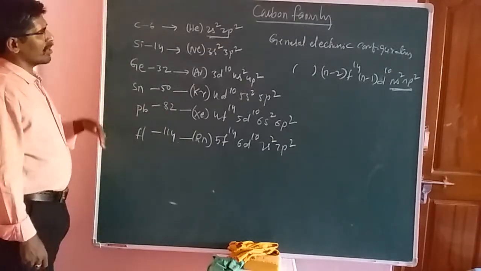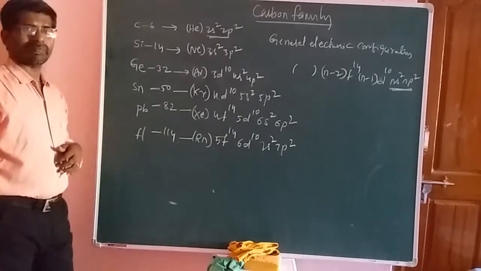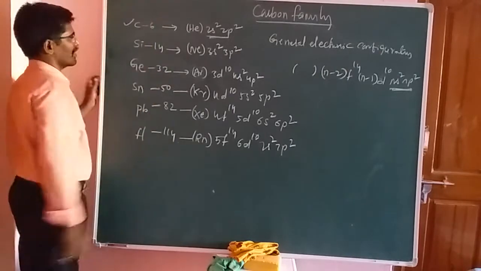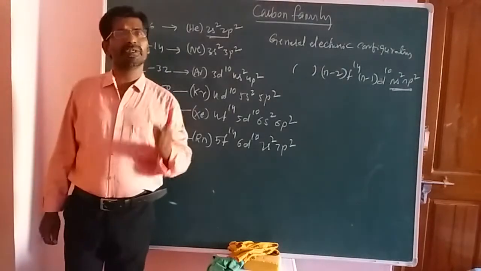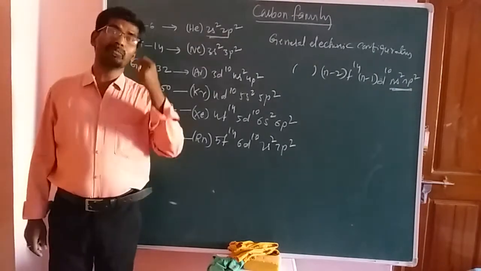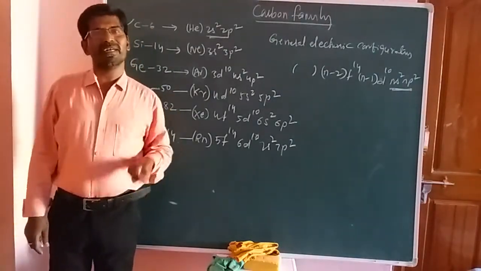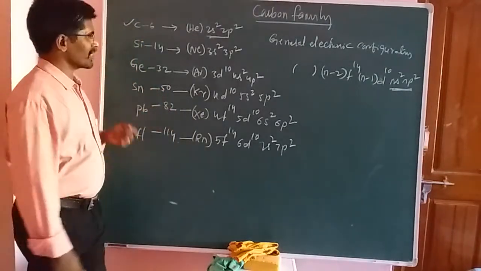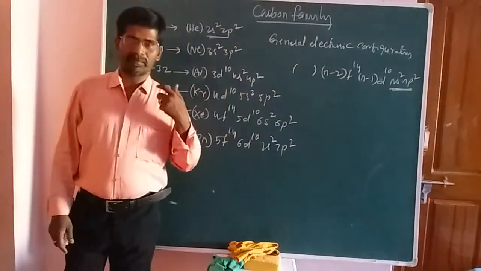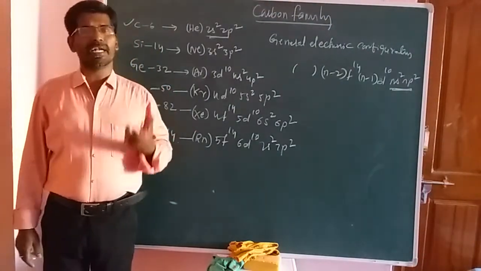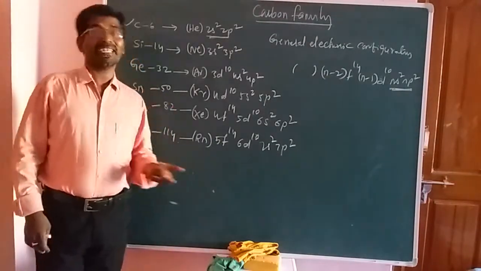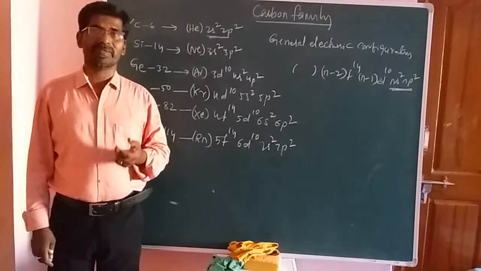And next one, now we have to talk about the importance of carbon element. Now first of all we want to talk about carbon. Carbon is an important element in the earth crust. Actually it is the 17th most abundant element by mass in the earth crust. Okay, now. And carbon is present as diamond, coal, and next is graphite. Okay, now. And one more thing is that carbon is a versatile element.